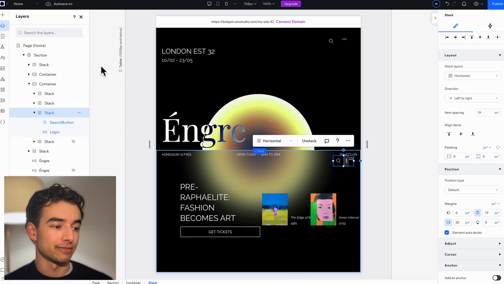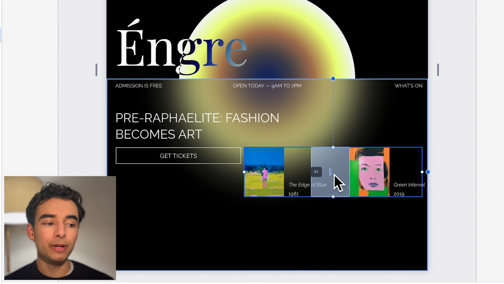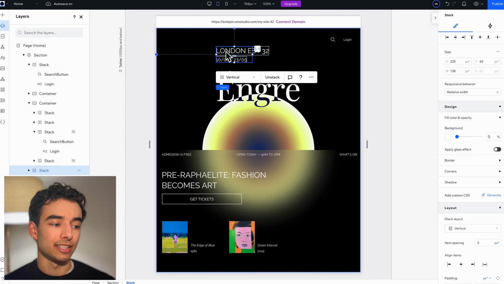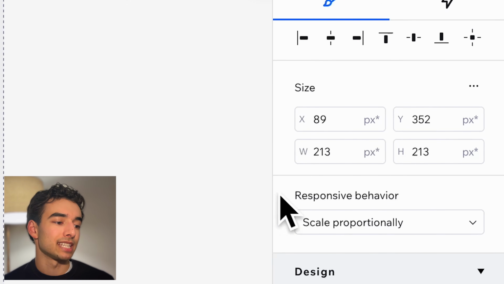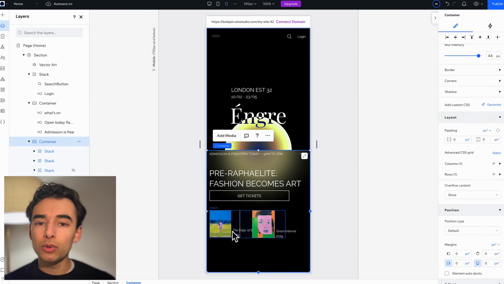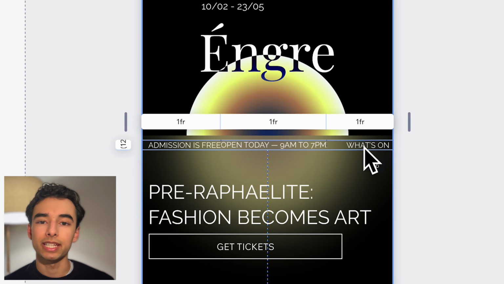In the bottom container, let's rearrange our CTA and art stacks and bump up the size of the text if needed. Lastly, let's rearrange the text at the top and add a little menu icon to polish things off. Finally, for mobile, it's pretty much the same process. First, let's go ahead and increase the size of the circle to 250 pixels height and width. Once again, we'll resize some of the text and spacings, and on our top 3-column container, we'll go ahead and